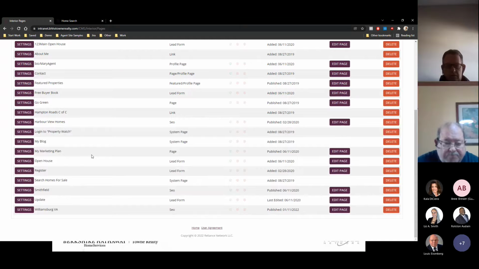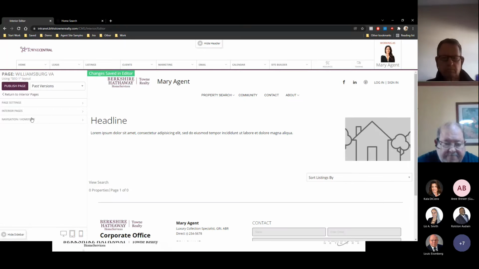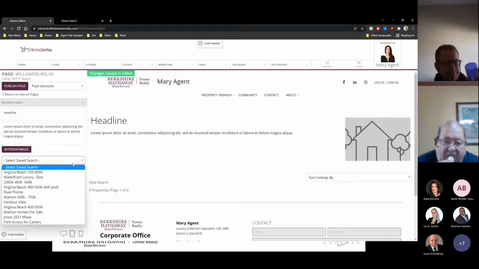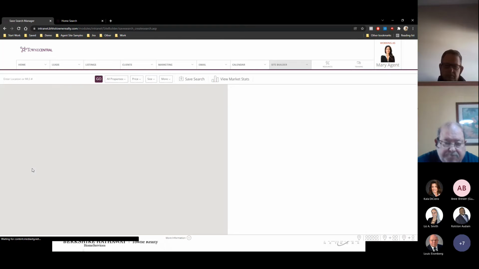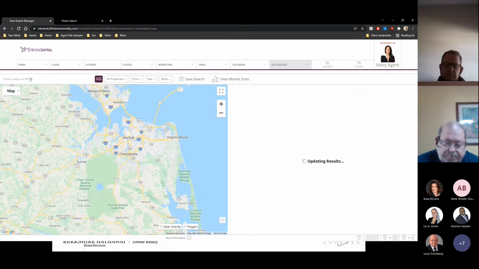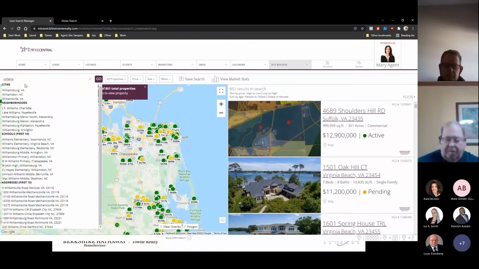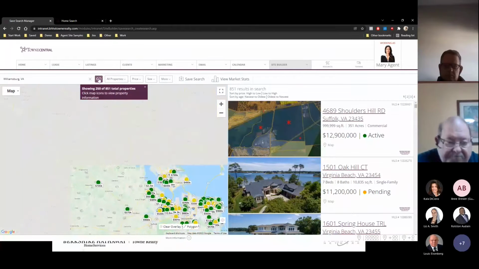And it will go ahead and create my page in here, but you'll notice I have no content in there yet, so we'll have to do that. And I need to go create a saved search because I don't have that page created. So to create a saved search, you can go ahead and click on create new saved search from this page. So I'm typing in Williamsburg. I'm going to click go. It's going to take me to